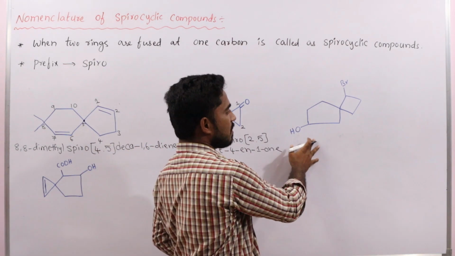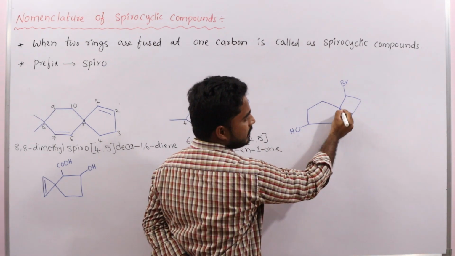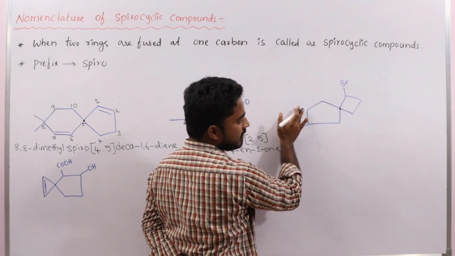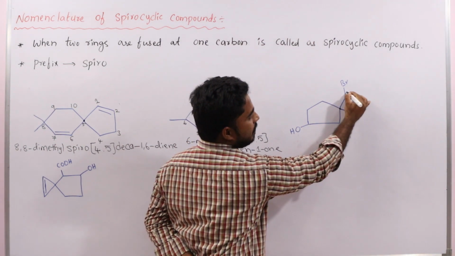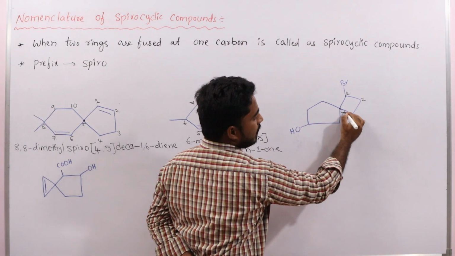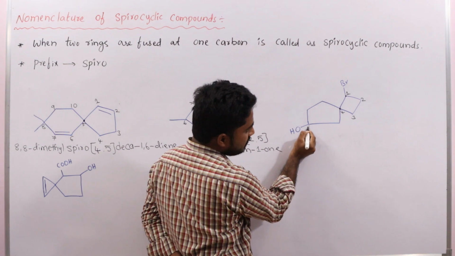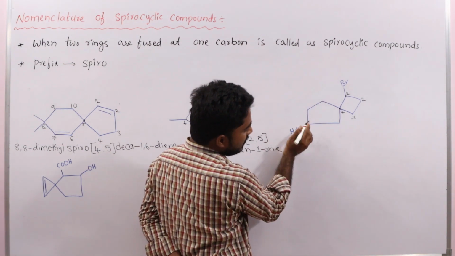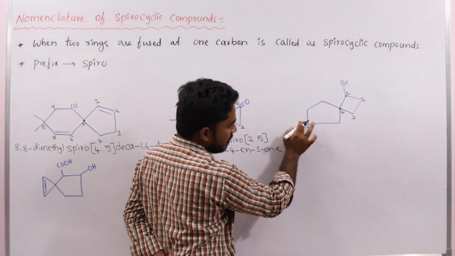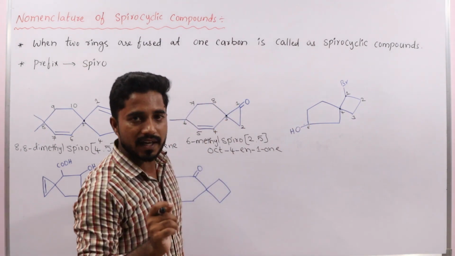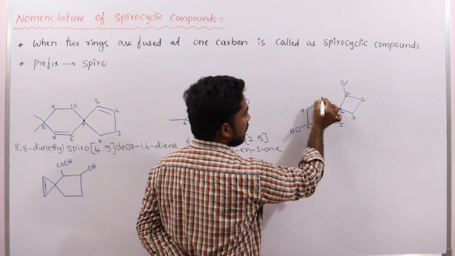Okay, let us see this example. This is a 5-member ring, this is a 4-member ring. This is the spirocarbon, and we have to give the numbering from the smaller ring to the larger ring. Then this carbon with the substituent, that's why you have 1, 2, 3, 4. Then if you give 5, 6, this OH gets number 6. If you give 5, 6, it gets 7. That's why we have to follow which path here? 4, 5, 6. The OH functional group should get the least number. That's why here 4, 5, 6, 7, 8.